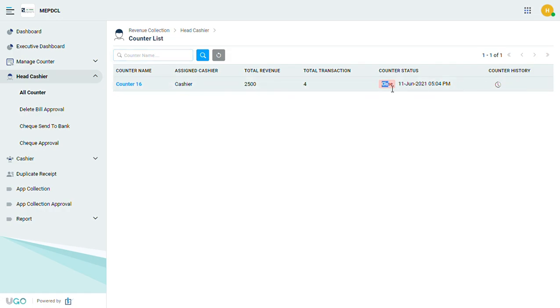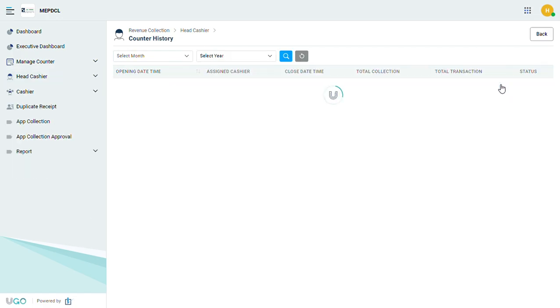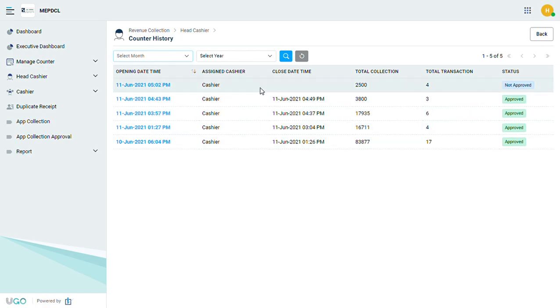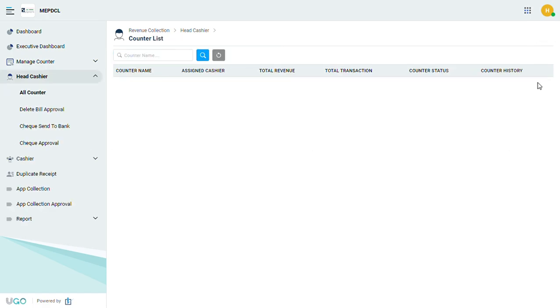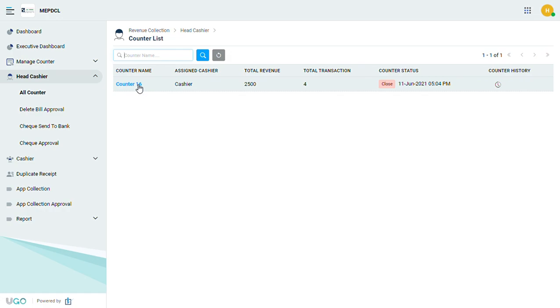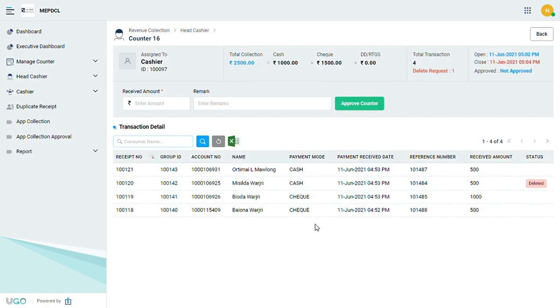You can see the status of the counter, closing time, and by clicking this icon you can see the history of the counter. Go back. Click the counter name to see all the transactions here with one deleted status count here for deletion, total collection, cash, check. Before approving this counter, the deletion request needs to be approved.